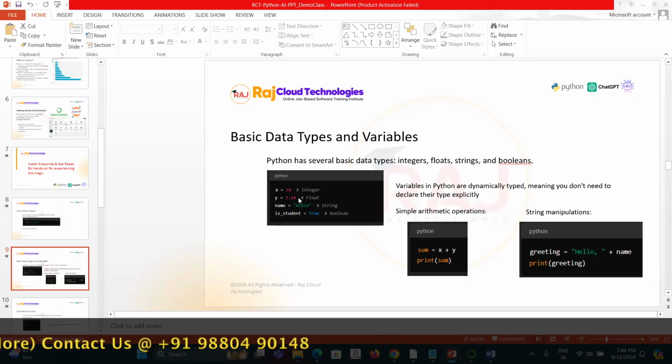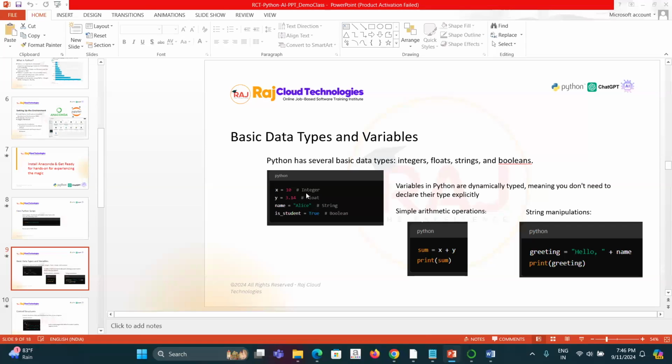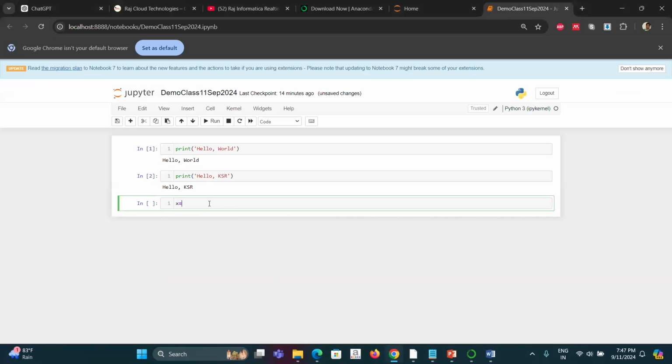Wherever there is a decimal, like 3.14, this is a decimal, right? This we call a float. A float is a number which has a floating point, a point followed by certain numbers. These are two different kinds of variables. In Python, you don't need to declare the type of the variable. For example, in C, if I have to use a variable like x equals 10, first I have to tell what x is. But in Python, that is not required. It's automatically typecasted.